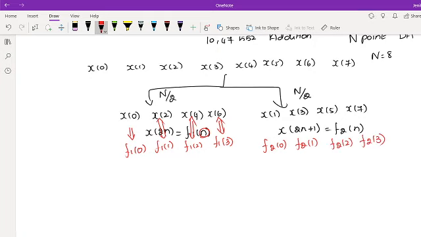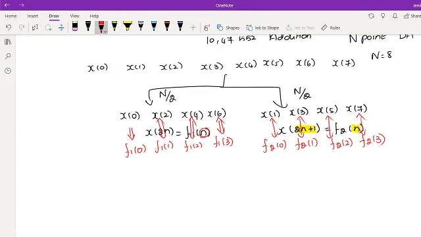That is, when you apply n is equal to 0, this 2n plus 1 will become 1. And if you apply n is equal to 1, 2 into 1 is 2, 2 plus 1 is 3. So you will get f2 of 1 is x of 3. Likewise, you are getting the similar representation.